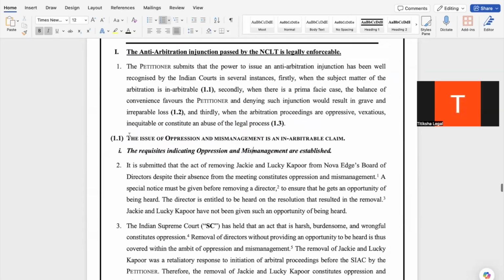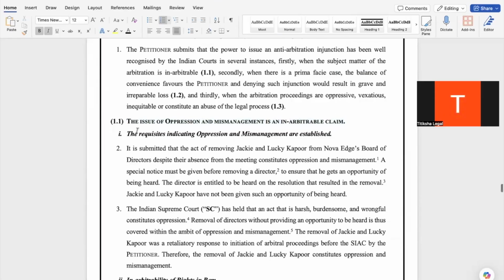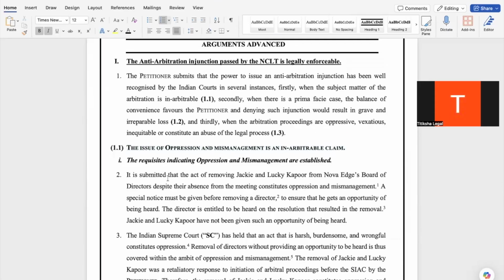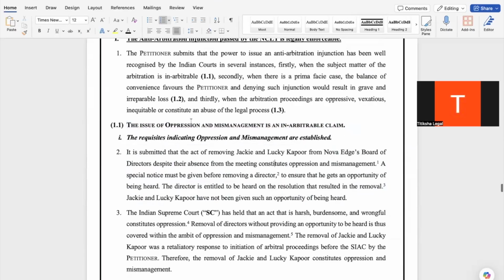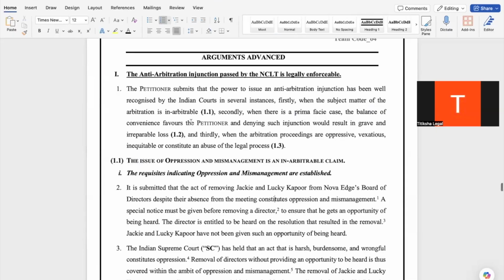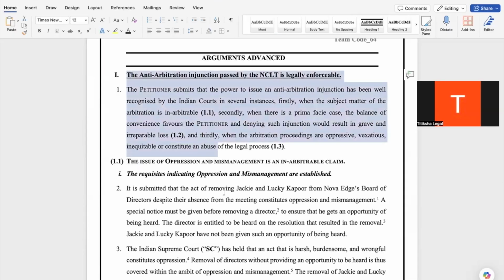So be very careful about how you are framing your main arguments, because these subheadings and main headings, which are not paragraphs, you're basically putting in bold or in italics, and a judge won't prefer reading paragraphs. They will just understand whether you know the law that favors you by reading this. The issue of oppression and mismanagement is inarbitrable, right? So frame it well, so that it is conveyed,